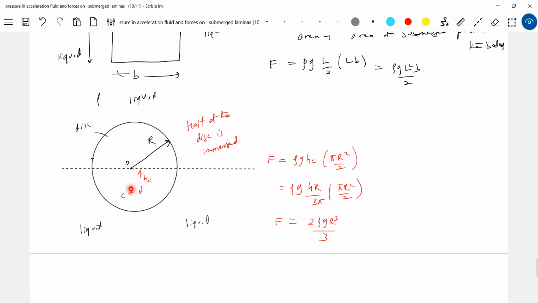So how to calculate the force? You should assume a rectangular strip here, then find out its area, then calculate the pressure at that point, then integrate using the circle's formula. If you solve it, you get this much. So I'm just replacing this with the formula. I think this will be the best formula for a student. Now, the same rectangular plate, I'm going to immerse.